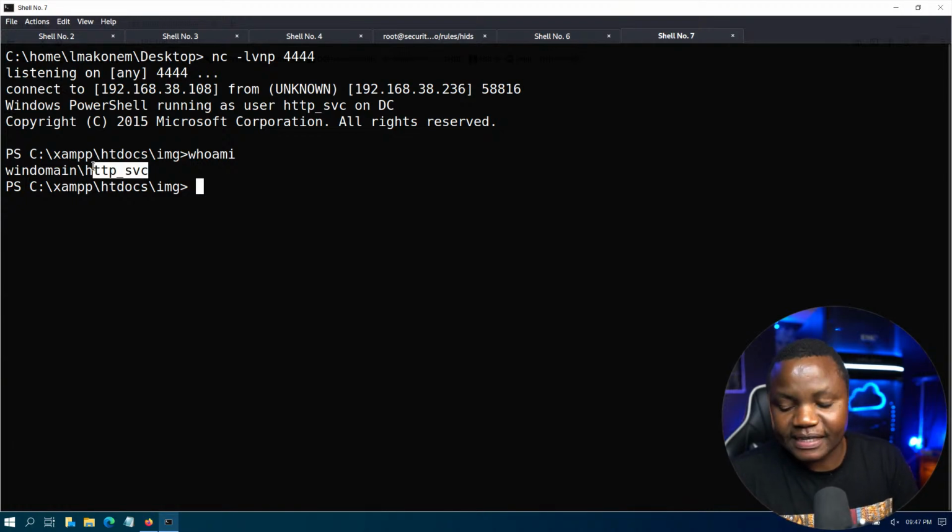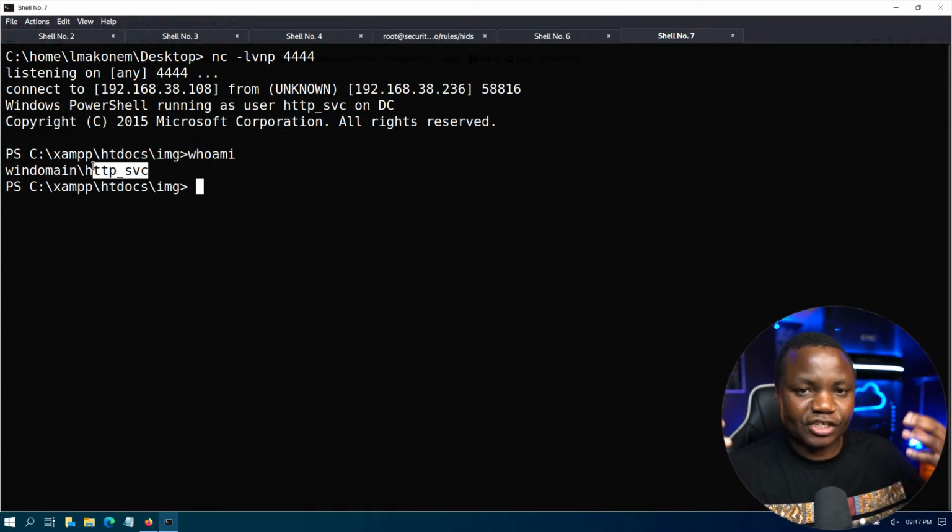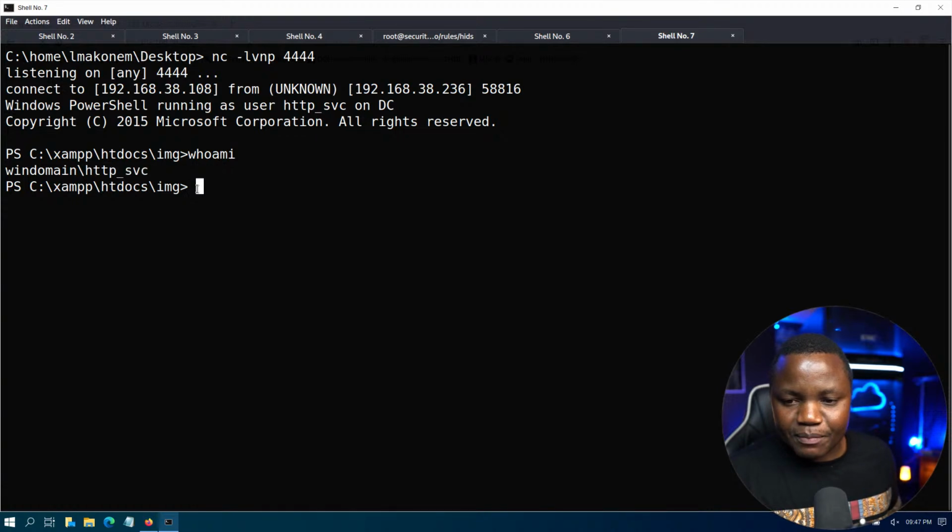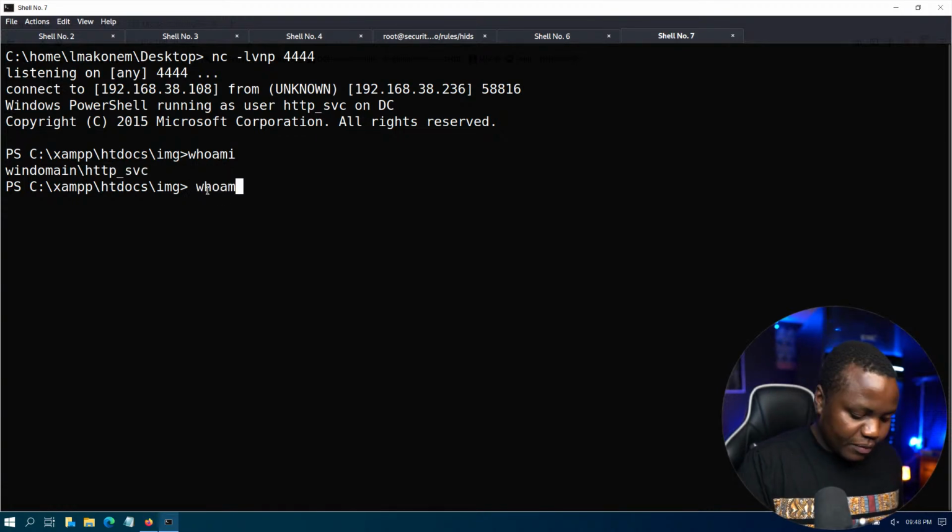Remember the HTTP SVC service that we saw earlier? That's what we are. But here's a kicker that I didn't think about a long time ago. If you're in as a shell that relies on a browser, this shell is unstable. You might want to migrate this shell to a better service. So the classic thing that I've been seeing lately is maybe create a hidden notepad service, then migrate to it. In this case, I'm not migrating to anything. I just want this to tell me